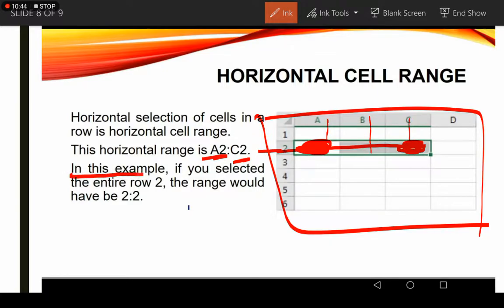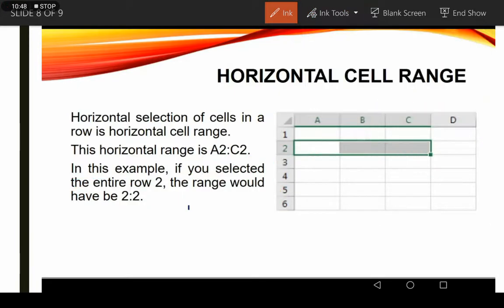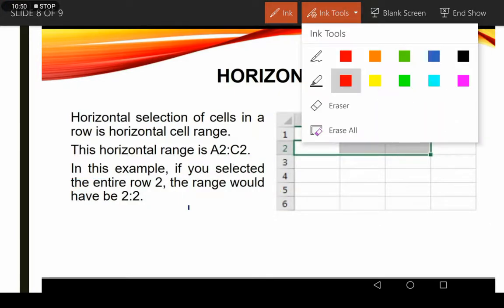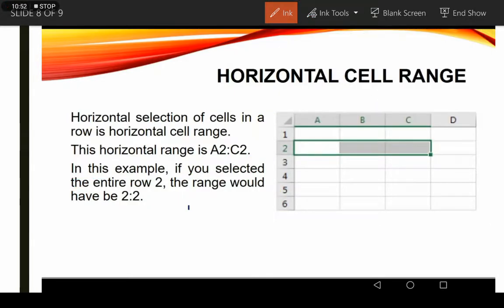This is an example. If you select the entire row, just like the column, you can also select the complete row. If you want to select the complete row, you can simply write the row number, as you can see, 2 colon 2.